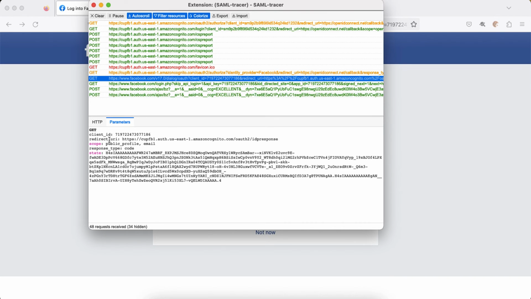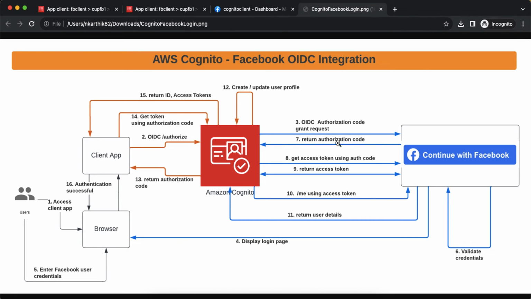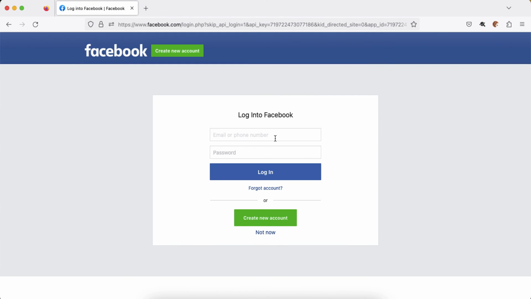It redirected me to the Facebook login page with the Facebook app's client ID. If you remember, we created an app in Facebook and it generated a client ID. So it redirected to Facebook with that client ID. In this diagram, it is step number 3. And now I log in using my Facebook credentials,